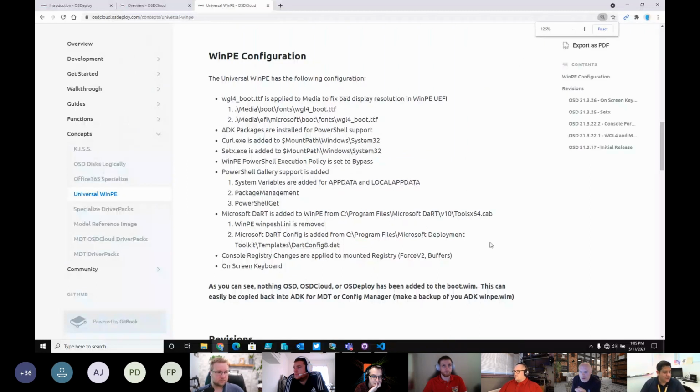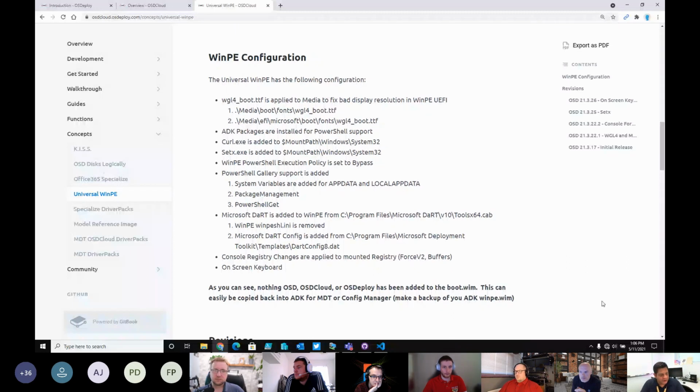But that custom WinPE is what you find in your template, which is located in Program Data OSD Cloud. So as you can see, there's really nothing done to it other than enabling PowerShell Gallery, adding curl, and the ADK packages.